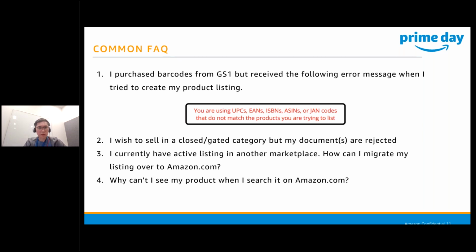All right, next question. Is there a way to see the traffic or number of views or clicks on a product listing? If you are a brand owner with a trademark enrolled into Brand Registry, you can leverage the Search Catalog Performance report under Brand Analytics. Otherwise, you can see it under the Business Report, under ASIN traffic and sales.